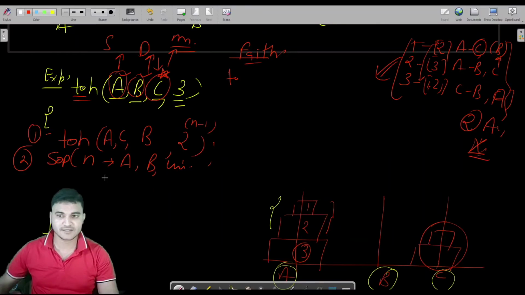We just have to write the instruction from where to where we were moving and which disk we are moving. You can print here also, and your two steps are completed.